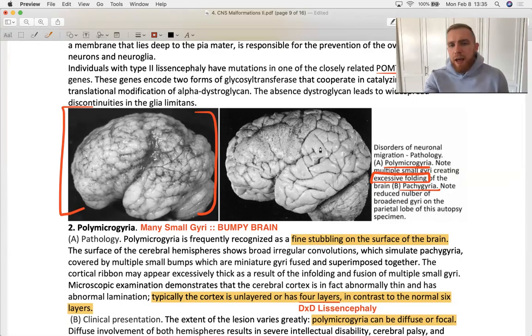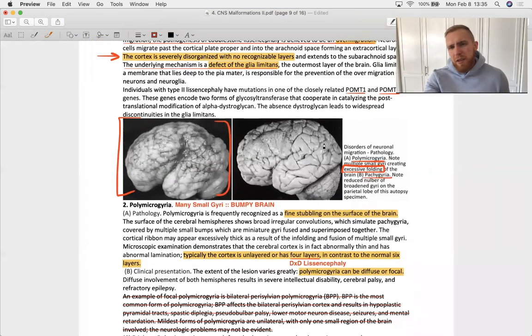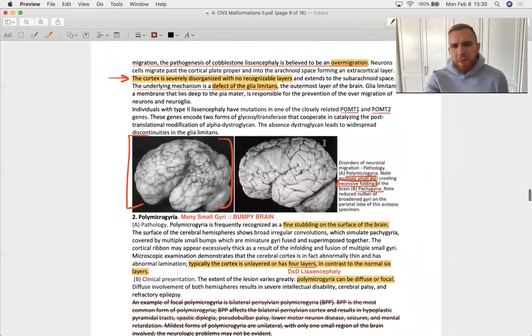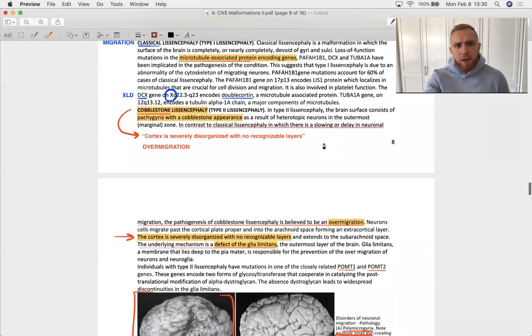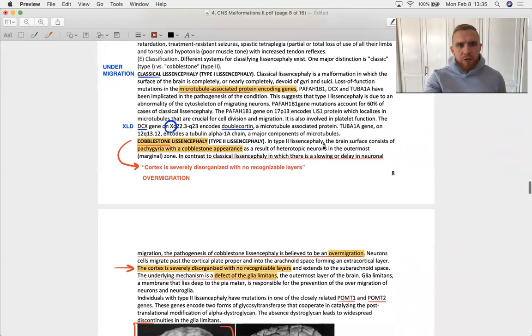So there's going to be a lesser number of gyri in pachygyria, and they'll be swollen up. So this is simple to understand, but tough to diagnose. So go look at some images of polymicrogyria, lissencephaly. That's my best advice to you. Now,